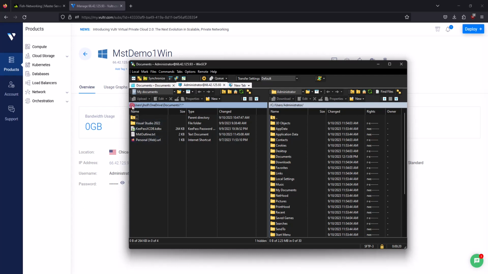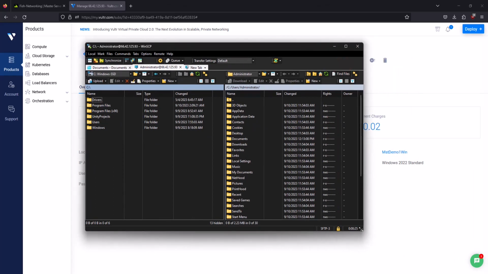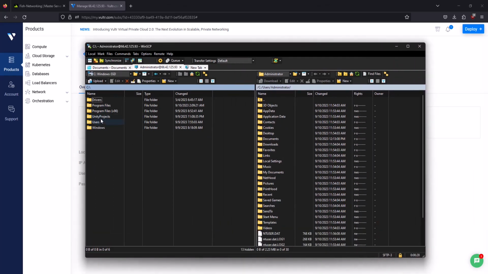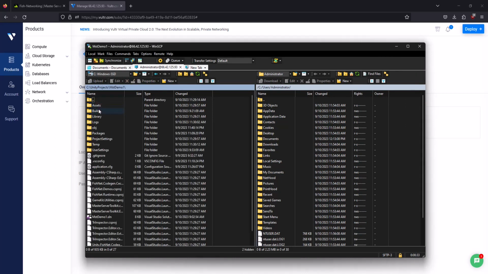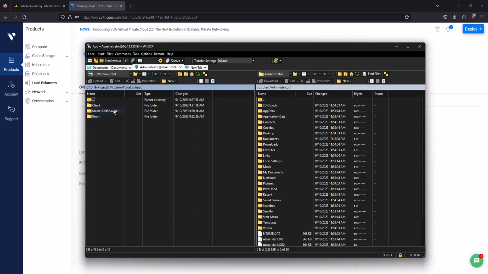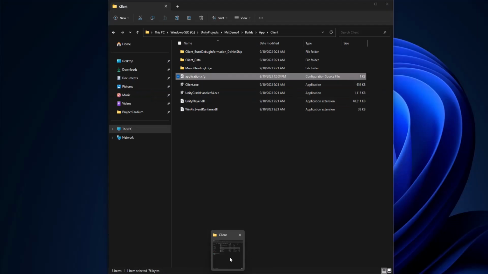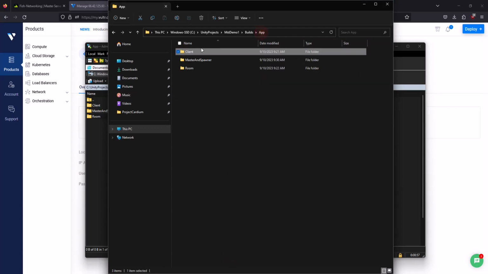So the next step is to actually get the build artifacts from my local machine onto my server. So to do that, on my left-hand panel, which is my local, I'm going to navigate to my builds. And here's my builds for builds app. And what I'm interested in copying over is the master and spawner and the room. So, like I said earlier, let me navigate and show it again. The spawner,